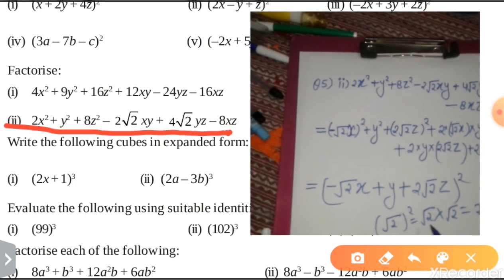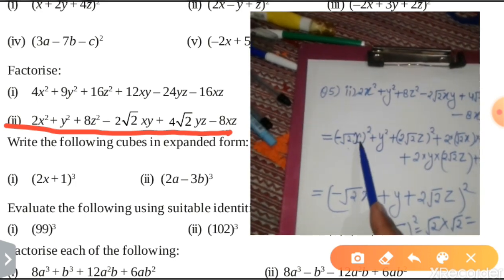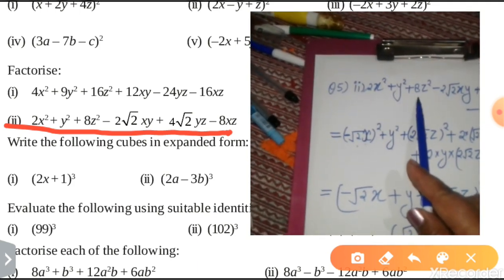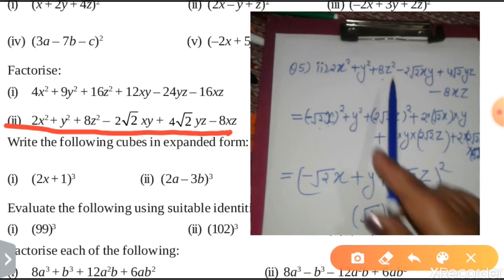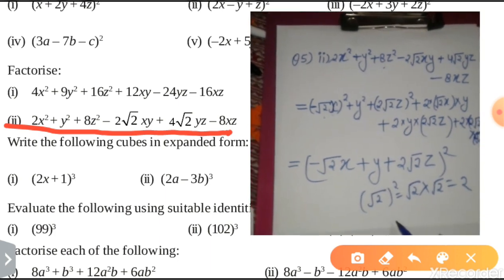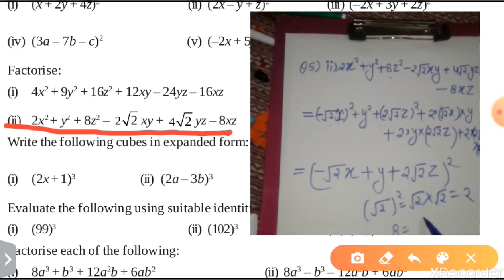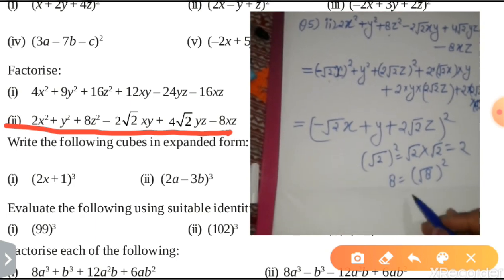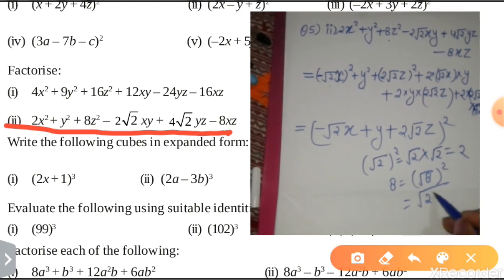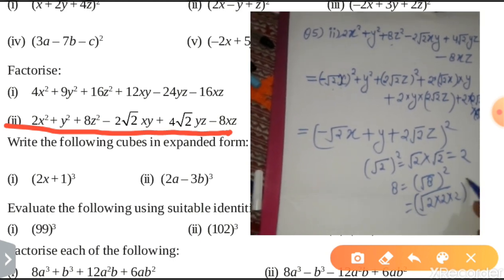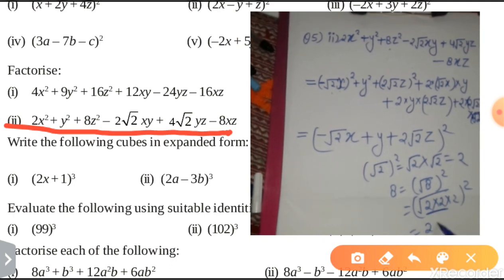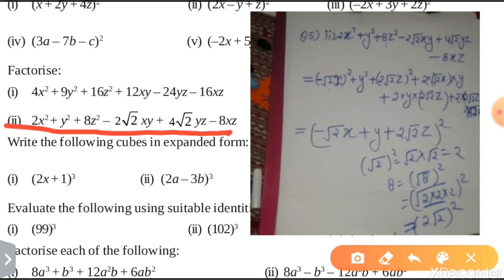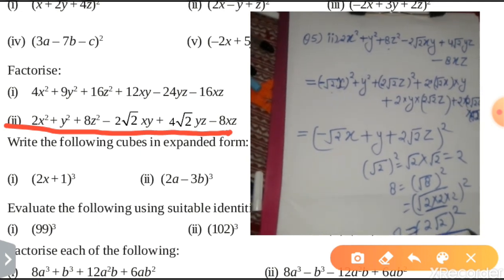That means it's 2. So we can write 2 as (root 2 x) square, and it's y square. But 8, we don't know 8 is the square of which number. So what we will do, we know that 8 is the square of under root 8. And under root 8, if we solve it, we will see 2 into 2 into 2, we will make the pair, so 2 will come out, 2 root 2 square. That means you can say that 8 is the square of 2 root 2.